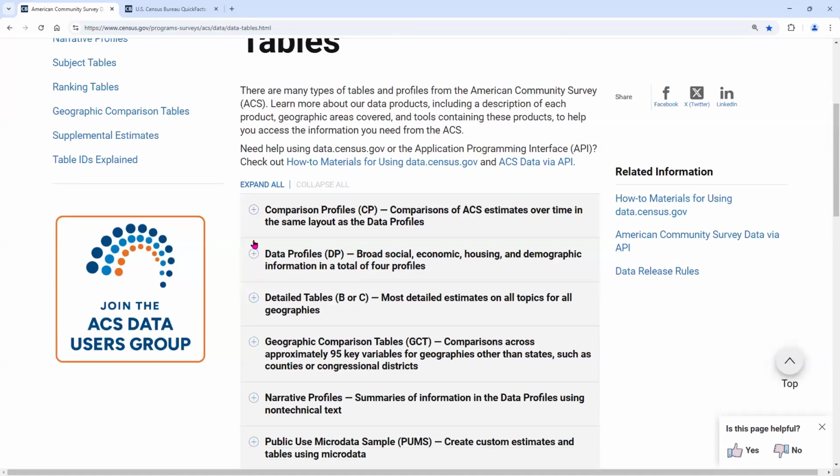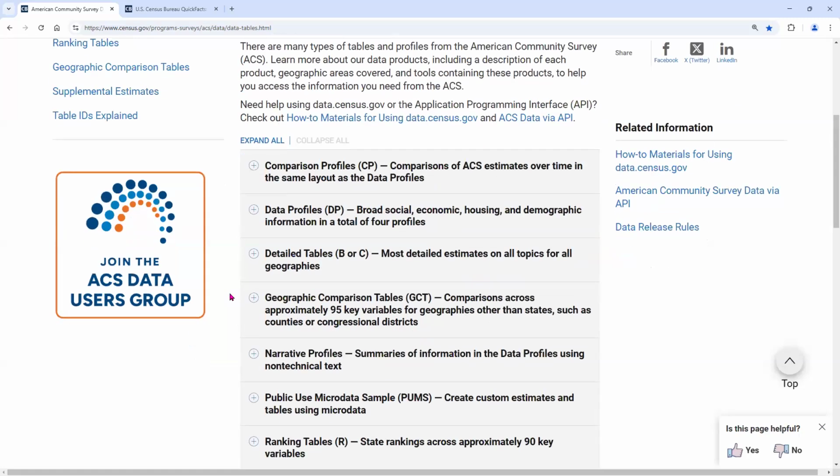So you have what we call comparison tables. If you're looking for tables that compare 5-year to 5-year estimates, this might be a great resource for you. We have data profiles. Those combine a lot of the different characteristics that Meredith mentioned earlier into links to specific tables for those categories, and so on and so forth.